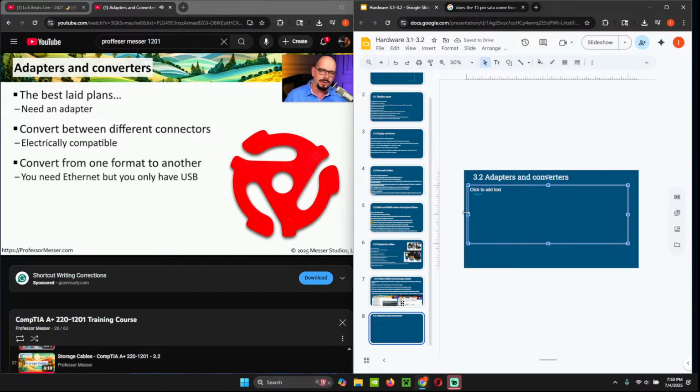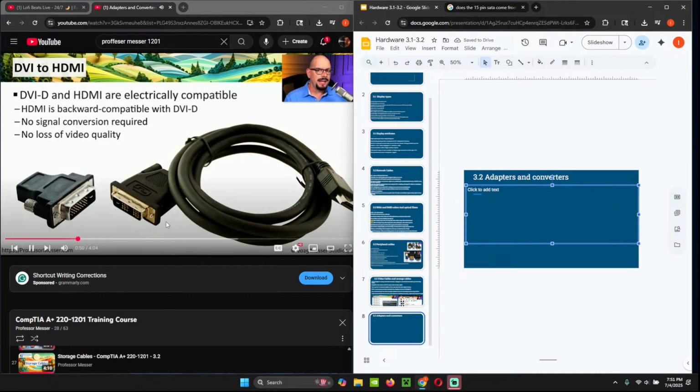But occasionally you'll need to convert from one format to another, so there may be some additional processing that occurs or power that's required to facilitate that process. Most of these adapters and converters are designed for temporary use, although sometimes they do turn into more of a permanent connection. When we were moving from DVI connections to HDMI,